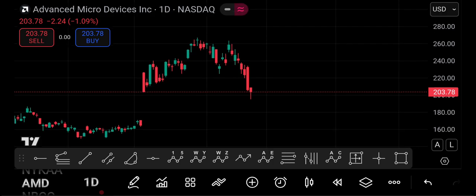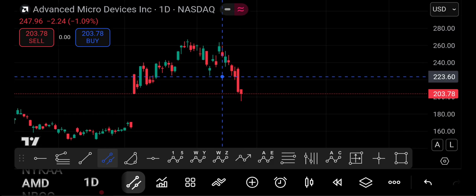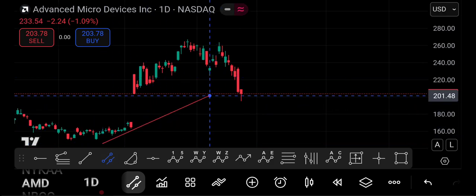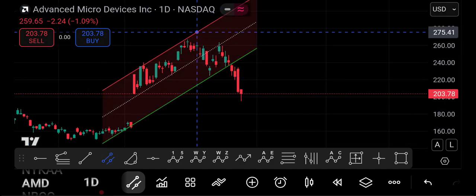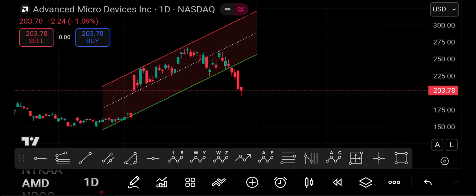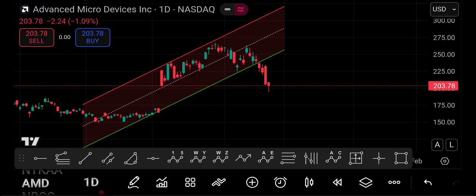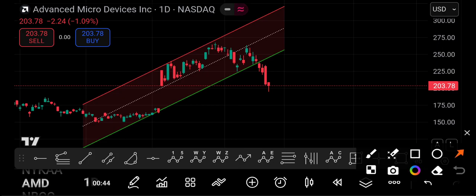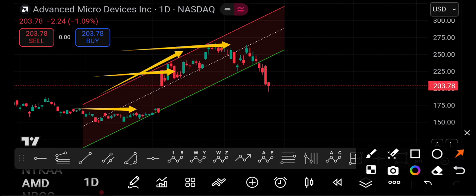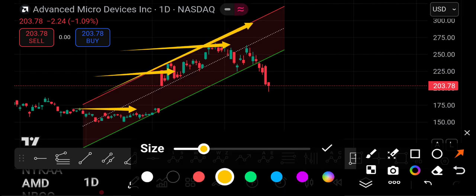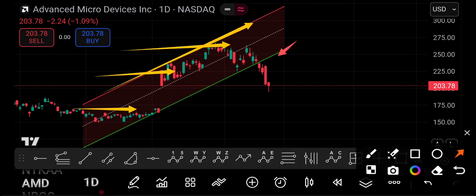My dear friends, if you take a closer look over here, this was the bottom where the stock had given a massive upside rally in the form of an upward sloping parallel channel, and as long as the stock was trading in the upward sloping parallel channel, the stock triggered back to back higher highs. If you see over here, the first higher high triggered here, the second higher high over here, and the third higher high here. But as soon as this upward sloping parallel channel got broken down on the downside, for the first time